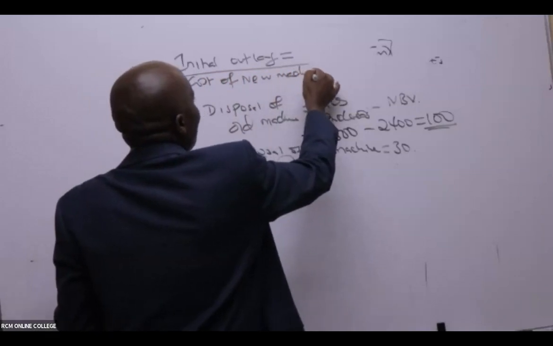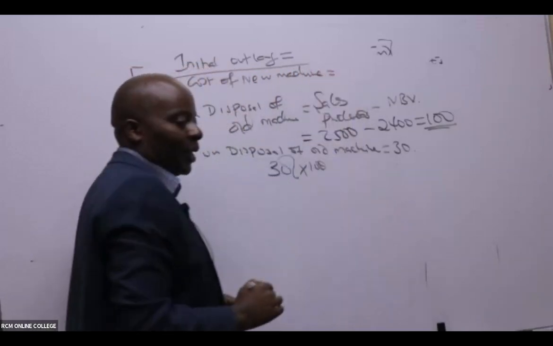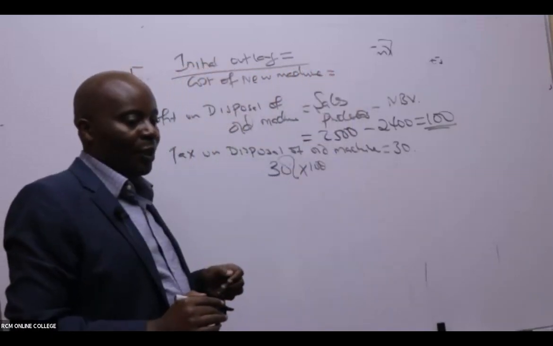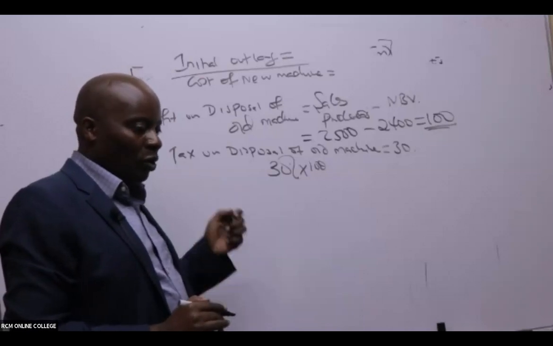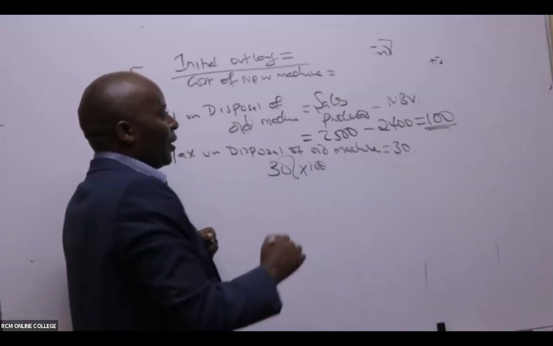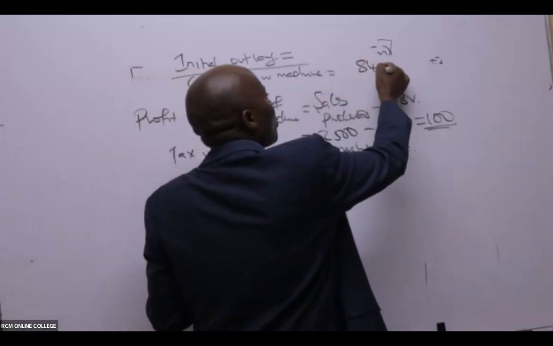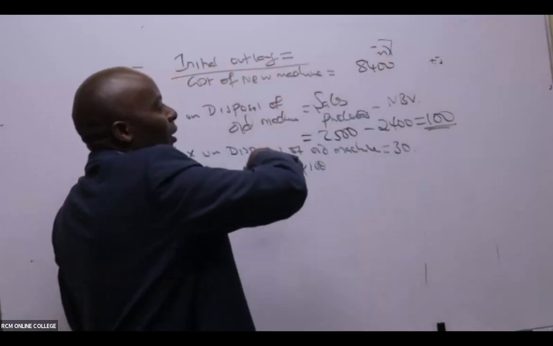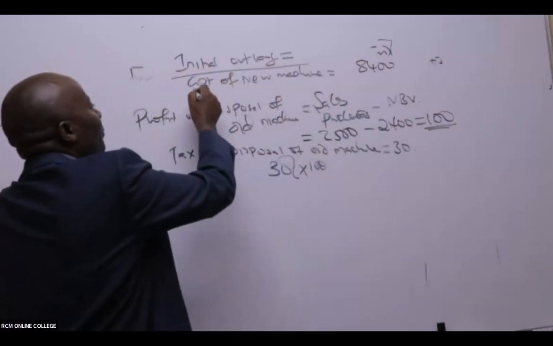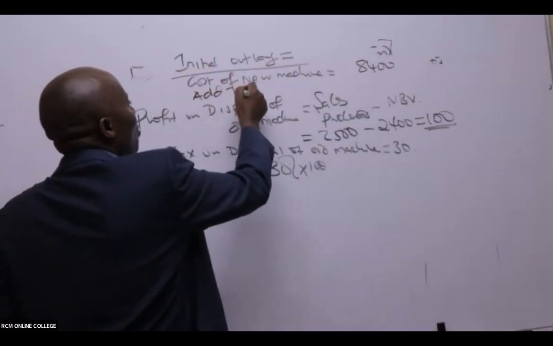Is there anybody who is able to see the cost of the new machine, including installation? Including installation, cost of new machine, 8,400. I hope we are able to see this. It is the cost of the new machine, including installation. Then you add tax on disposal